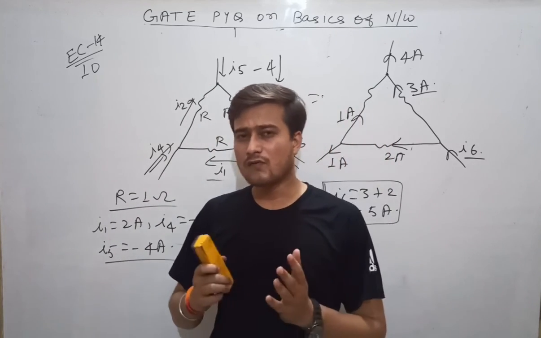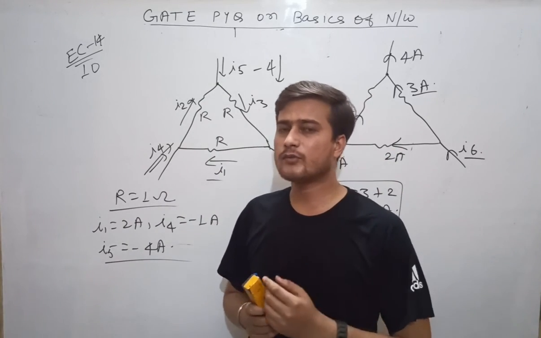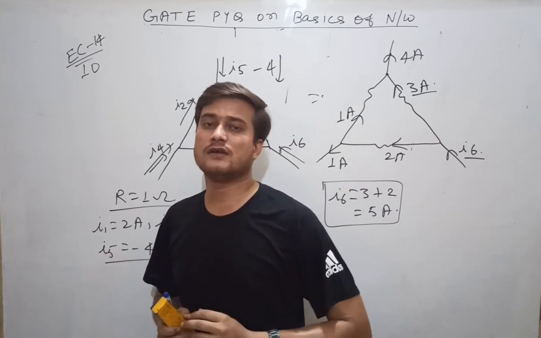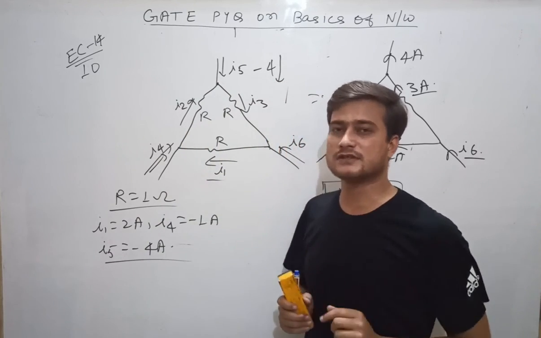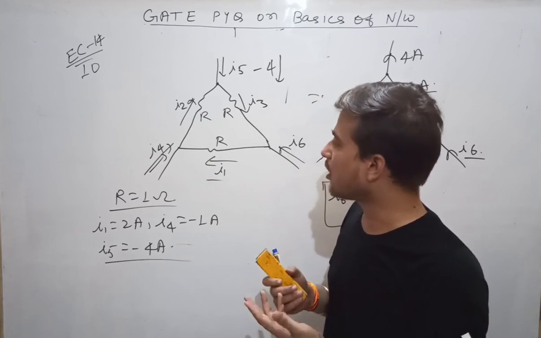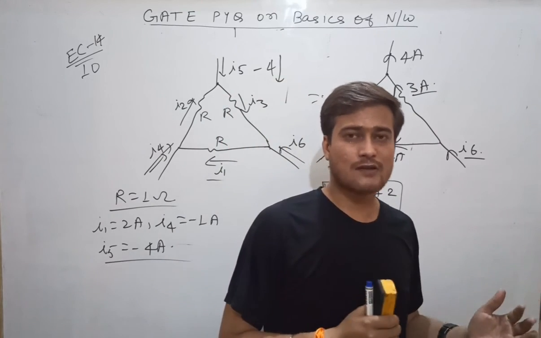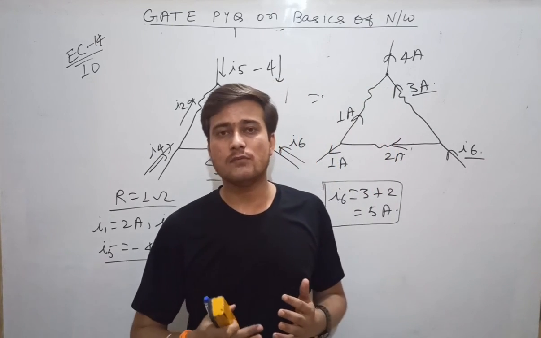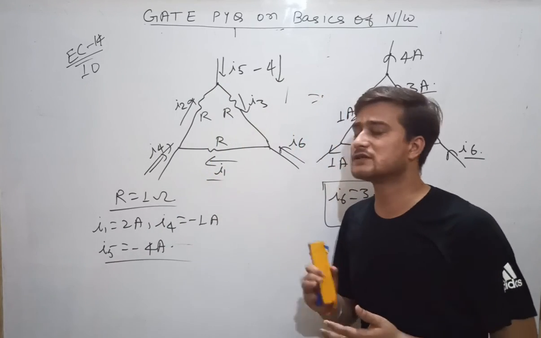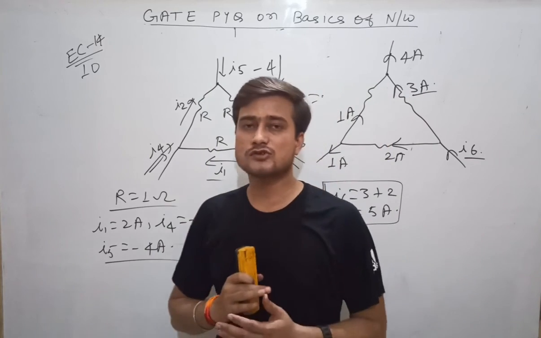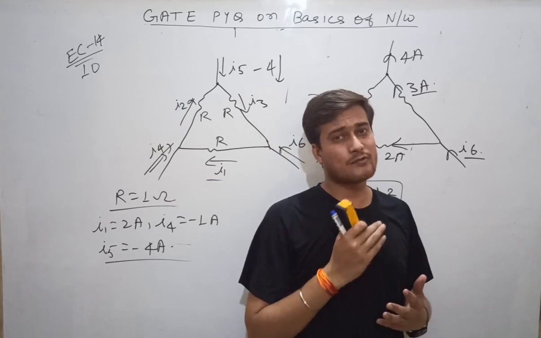Now what is your task? I have already given 10 questions here. Now what you have to do? You have to play with all these 10 questions. Now you have to create 10 questions from these questions. How will you create? Somehow you will try to change the circuit. Somehow you will try to change the values. That means now you have to think of some new questions. That means you can design the new questions from these previous year GATE questions. Then you have to solve all those 10 questions, and then you have to check the answer whether you are able to solve it or not.